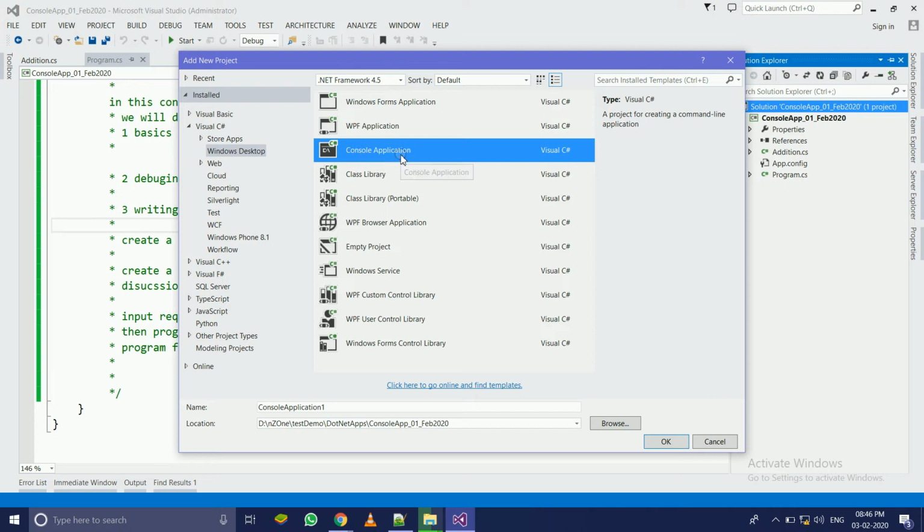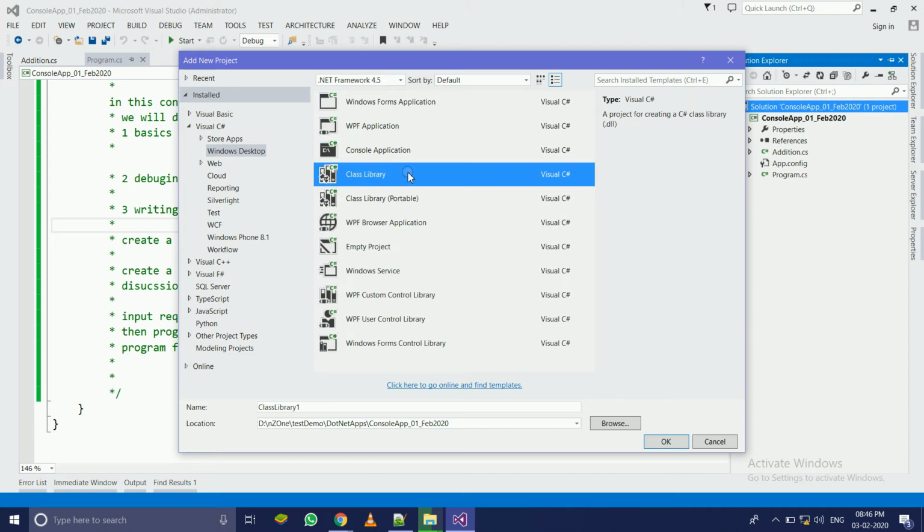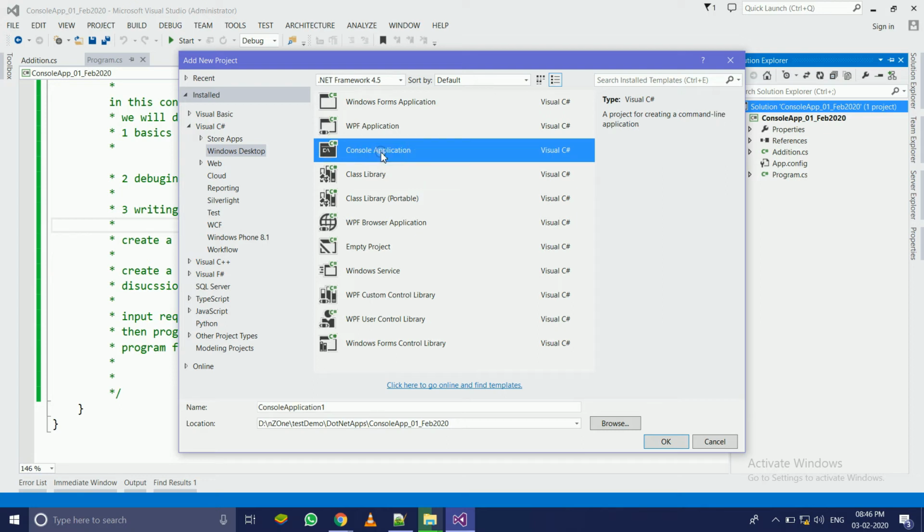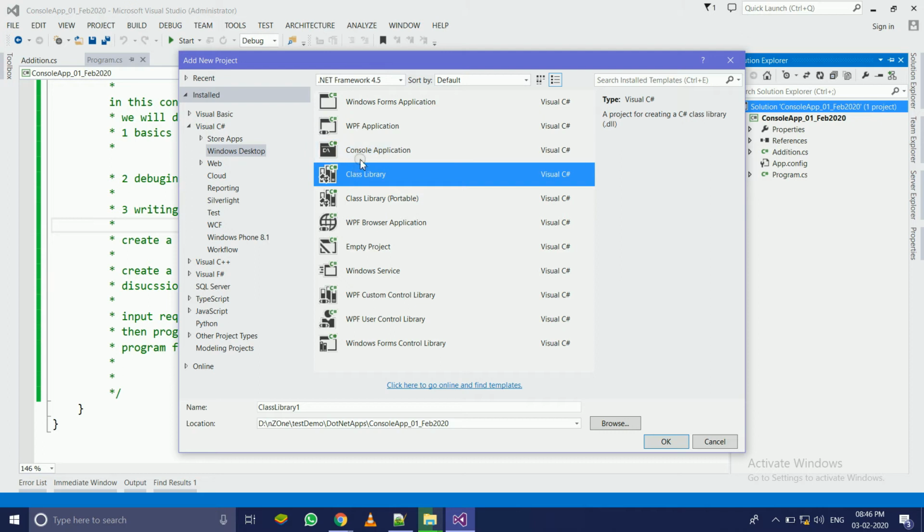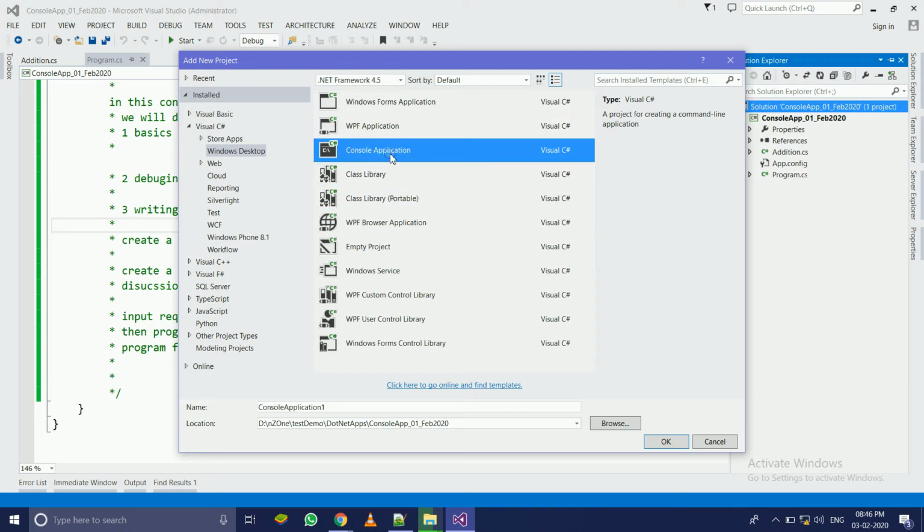Okay, so we started with this console application. We did some operations, and I will show you. Just for the agenda, we will continue with this application, do some more algorithms on it, and then jump to the class library. We already know about console applications. We will continue with that, go through some more examples, and integrate a class library into that console application, so that we can understand how to create a class library,